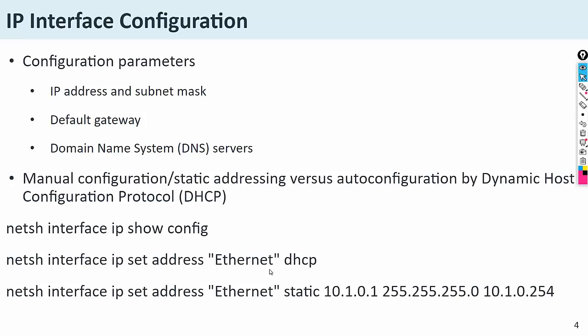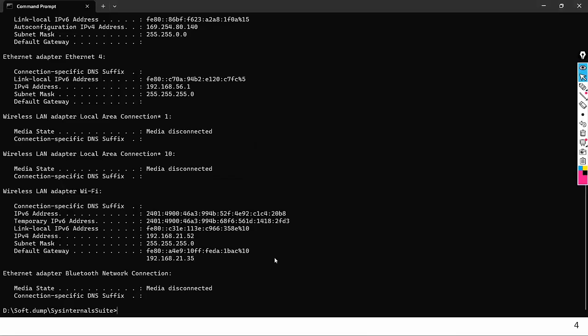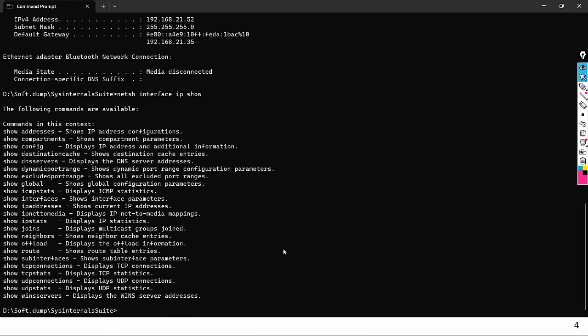So when I run the netsh interface ip show config command,